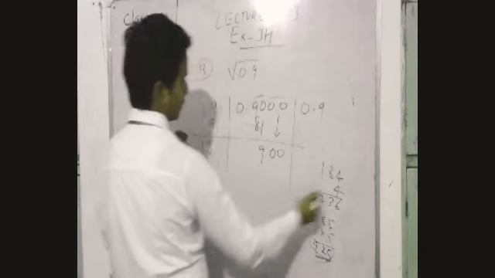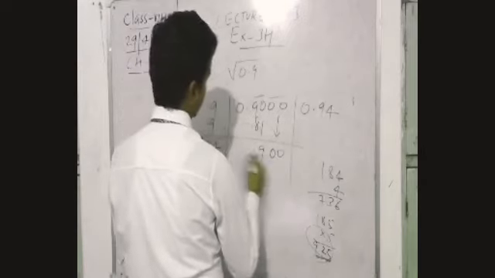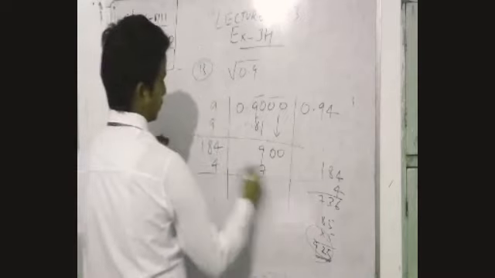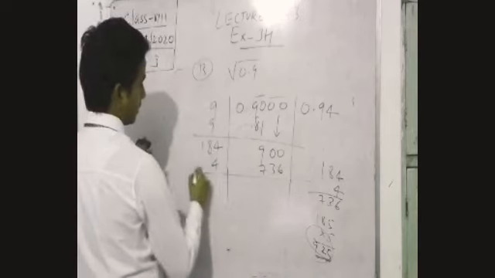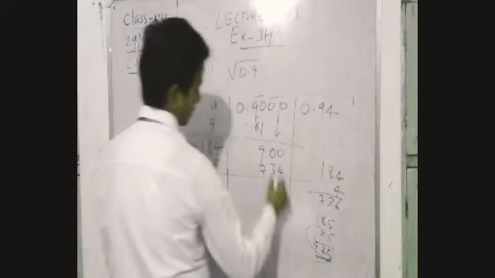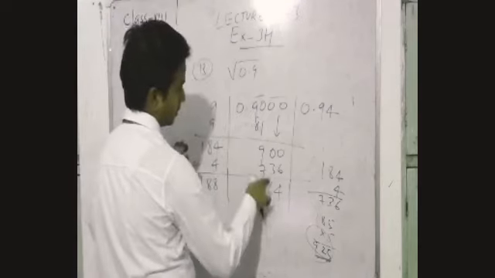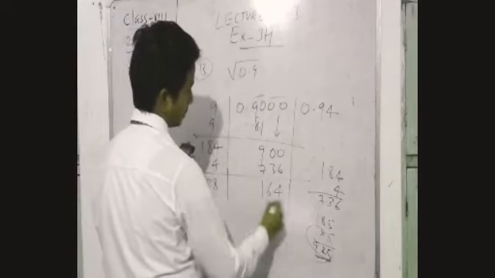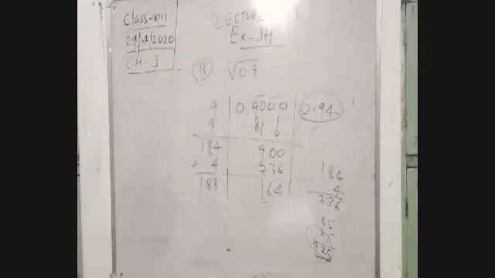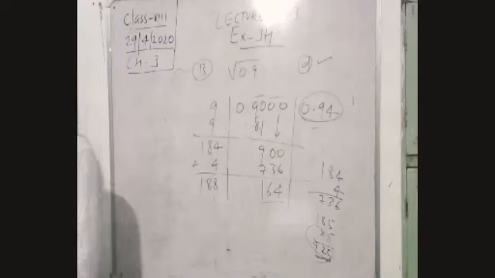So what do we take? We will take 4. So 4 times, multiply it by 4, 4 4s are 16, you will get 736, and add it, the last step, 188. Now subtract it: 9 minus 3 is 6, 9 minus 3 is 6, and 8 minus 1. So what is the answer you are getting? 0.94. So I think option D is correct. Now let's see some other problem.